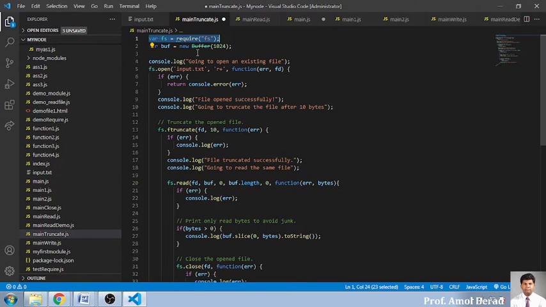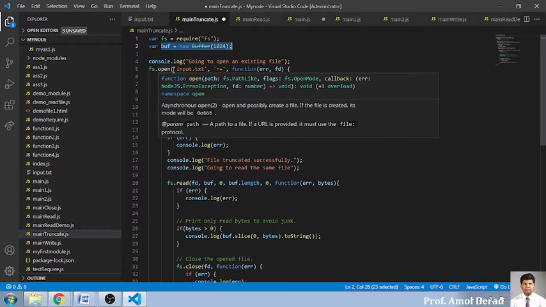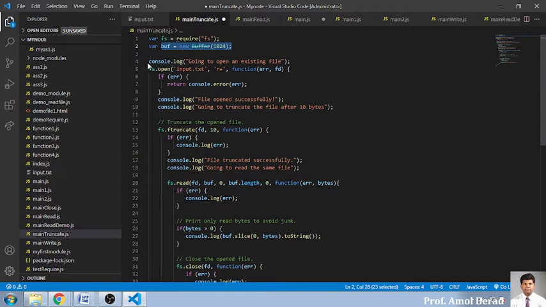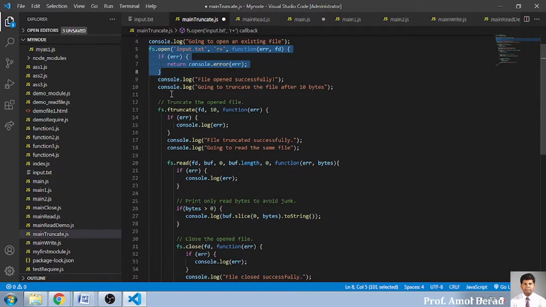So first we'll be opening a file, that is fs. Then I want to read the content, so that is a buffer, क्योंकि मुझे truncate करना, मुझे तो display करना पड़ेगा. So here this is the code for opening a file, that is input.txt. I think this is not required for you to explain again and again. So fs will be opening. If there is an error, that will be displayed.